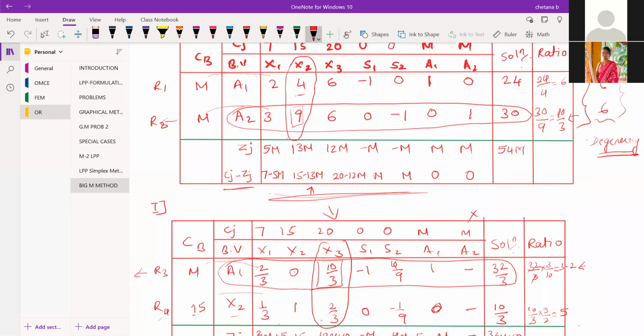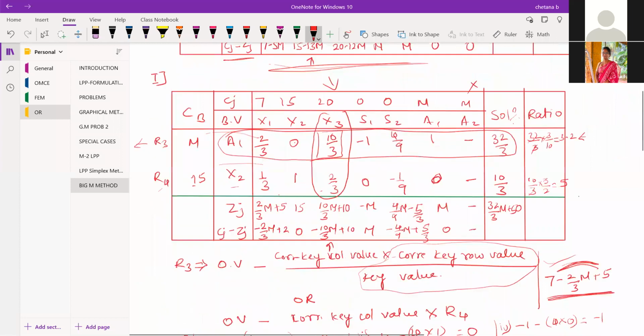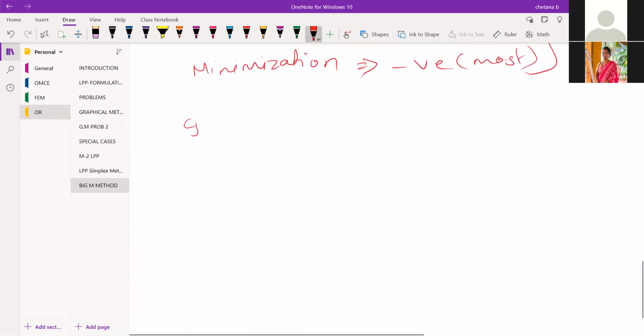What you can do here is, say the Cj minus Zj values are something like 7, minus 3 and minus 3. In a minimization problem, we know that we need to pick the most negative, but we are getting two same most negative values here. So in this case, you can pick either this or this. Most students get confused and start applying degeneration here, which is wrong.